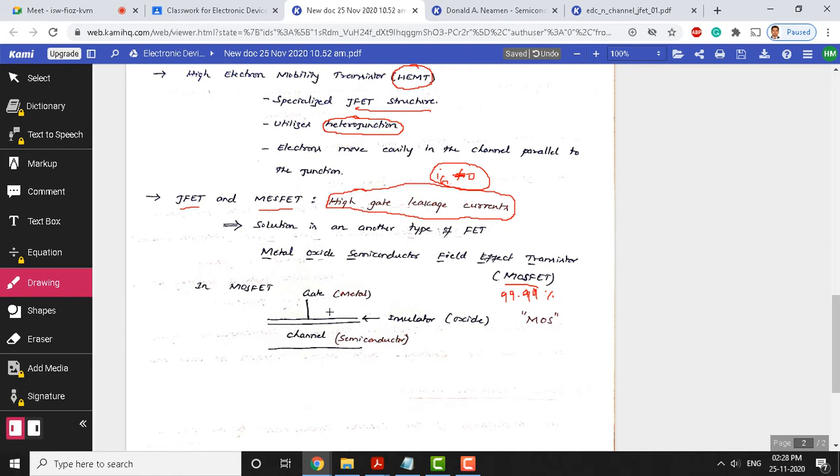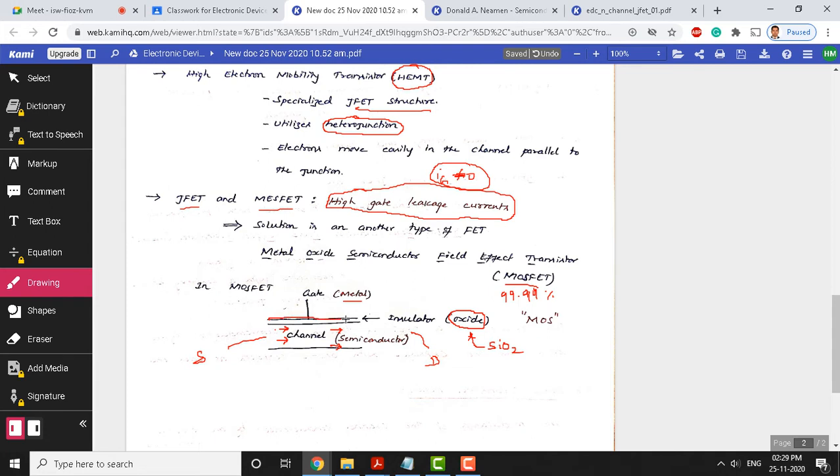The MOSFET structure has got metal, and there is a silicon dioxide which is acting like an insulator. So this is SiO2. SiO2 is the perfect insulator which is sandwiched between the gate and the channel here. So this acts like an isolation between gate and the channel, and this side we will have a source, and the other side we will have a drain here. So electron flow between source to drain can be controlled via this capacitance effect here.